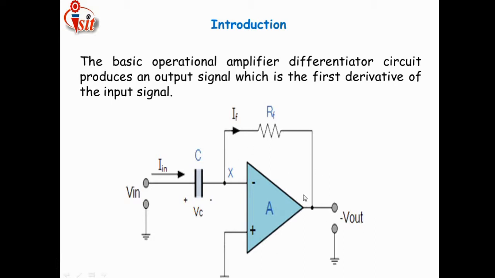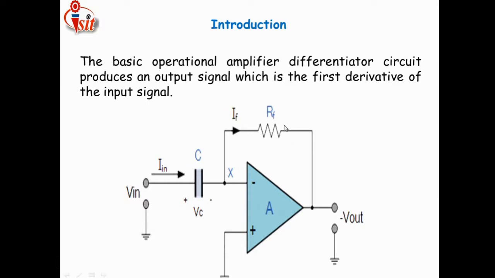Just see here. Here is the circuit diagram related to the differentiator amplifier. In the differentiator amplifier, 2 inputs are available in the op-amp. We know very well, that is the negative terminal input and the positive terminal input. Just see here, for the negative terminal input, Vin, that is the input voltage, is applied to the negative terminal of the op-amp. That terminal is nothing but the inverting terminal.